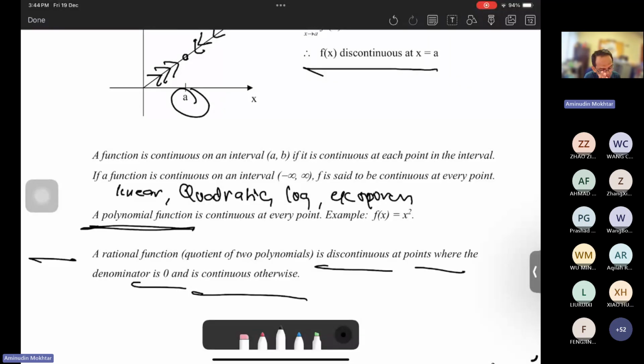They will decide whether the function is continuous or not at that point. Okay, that's the basic concept of limit that I can share with you here today. Okay, the next one is how to